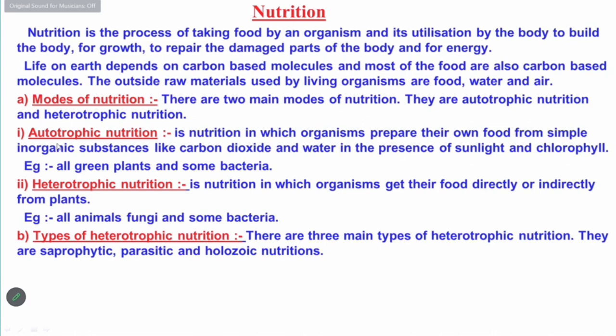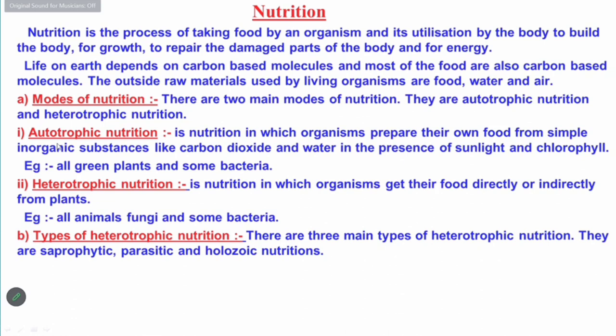जिसमें organisms prepare their own food from the simple inorganic substance like carbon dioxide, like water, that is the H2O, in presence of sunlight and chlorophyll. So autotrophic nutrition is shown by all green plants and some bacteria also showing the autotrophic nutrition. धरती पे पाए जाने वाले हरे भरे जितने भी पौधे हैं और कुछ बैक्टीरिया ऑटोट्रॉपिक न्यूट्रिशन शो करते हैं और इन्हें हम प्रोड्यूसर भी कहते हैं। दूसरा प्रकार का न्यूट्रिशन जो आता है हेटेरोट्रॉपिक न्यूट्रिशन की कैटेगरी में।